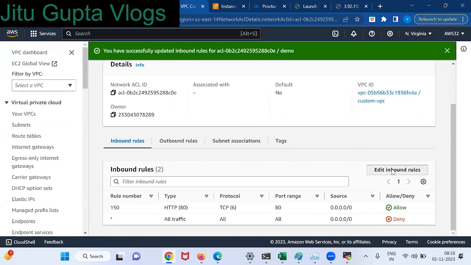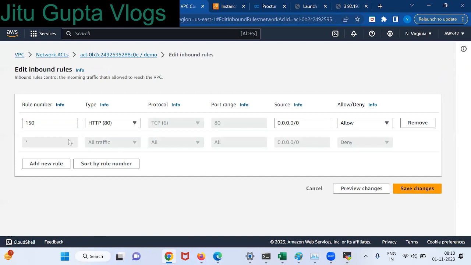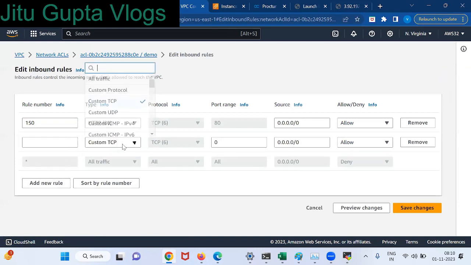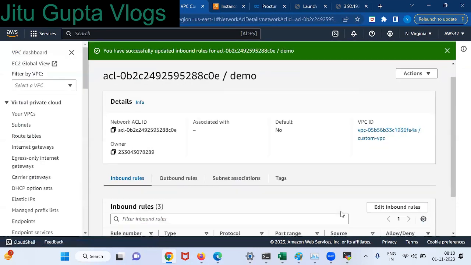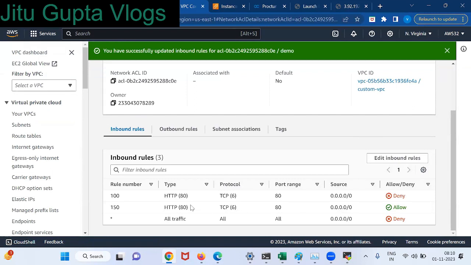In the same way, I can create HTTP 80. If I want to deny, I give number 149 or 100. I'm just saying this for understanding. If you can see here, my HTTP rule is deny for 100, with priority 100, and allow for 150. It will take the least number as the priority.